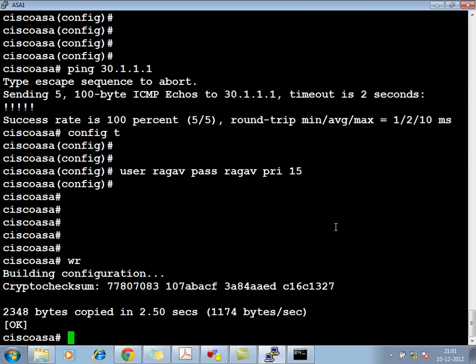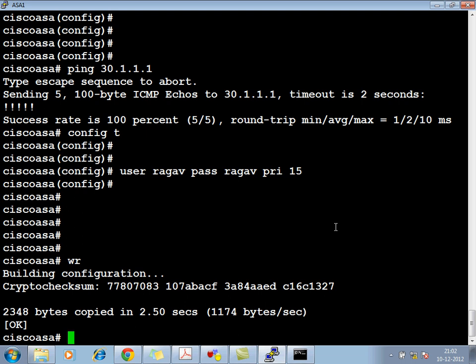Real ASA. Okay, this is your genuine ASA. So you need to install ASDM inside the ASA. If this is a real ASA, it will be installed in the flash. But since this is working in GNS, every time you start, you have to install the ASDM. There is a way to save it once in your GNS only.